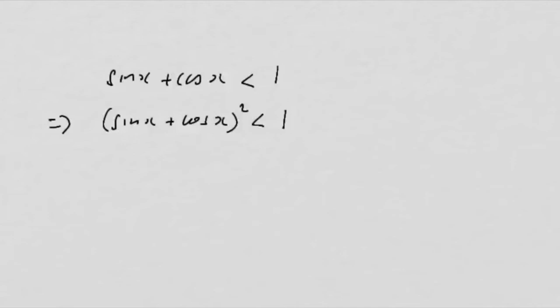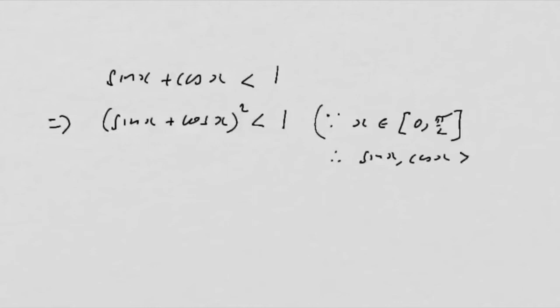Now, really, we perhaps should mention at that point in the proof that this is because x is in the interval 0 to pi by 2, and therefore sin x and cos x are both greater than 0, which we use later on in the proof,